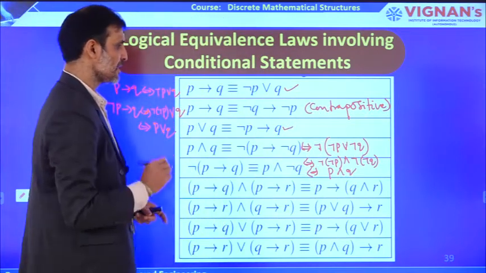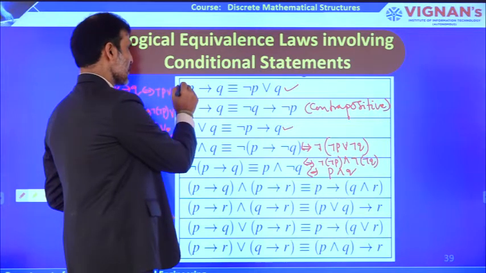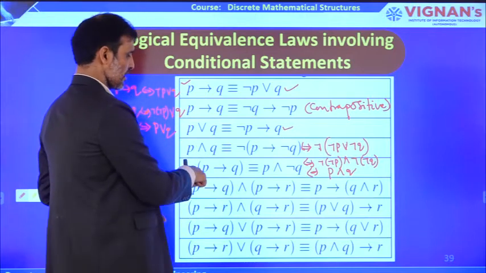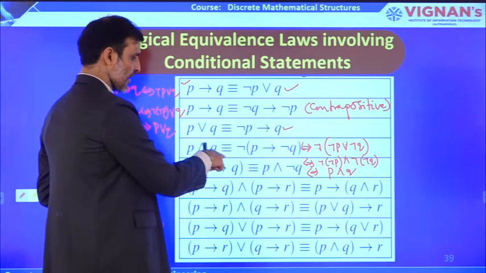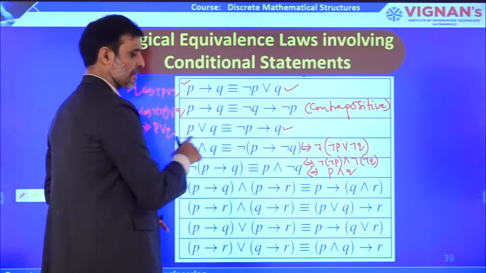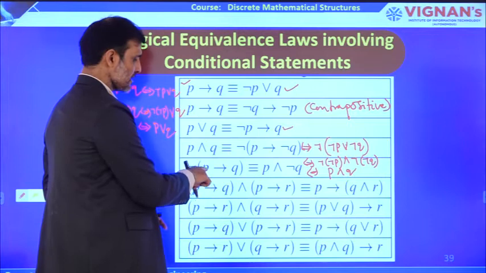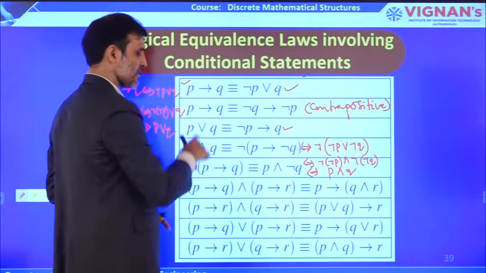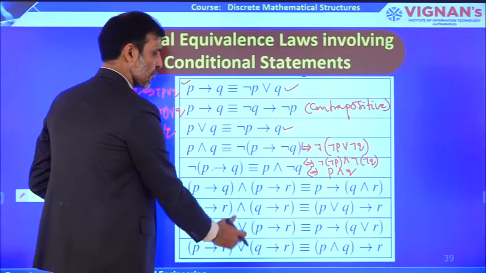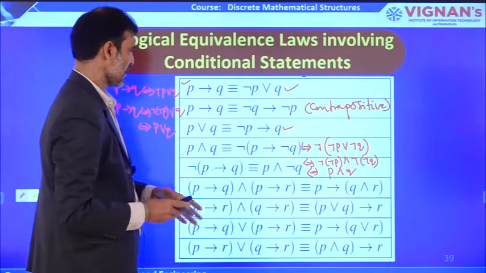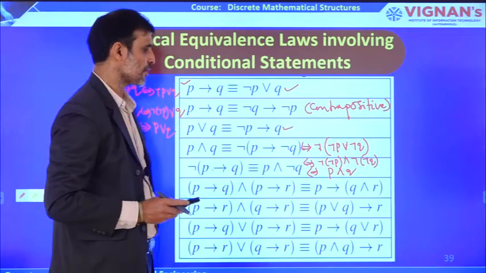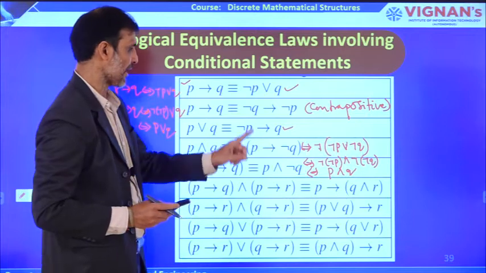Why I am saying it is very simple: once you understand the basic law of the conditional, then we can prove all of these. To prove that, first convert the given sentence. What is given? P implies Q. This can be written as negation of P or Q, and then apply the negation, you will get this. Like that we can do all of these. So this is P implies Q and P implies R is logically equivalent to P implies Q and R.